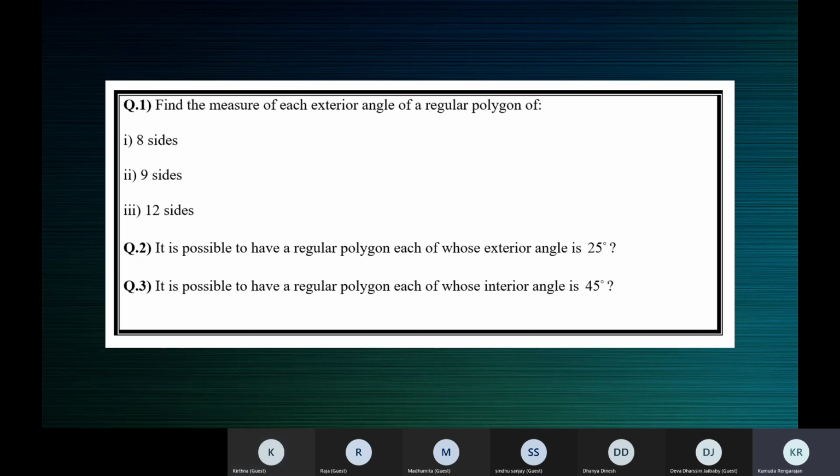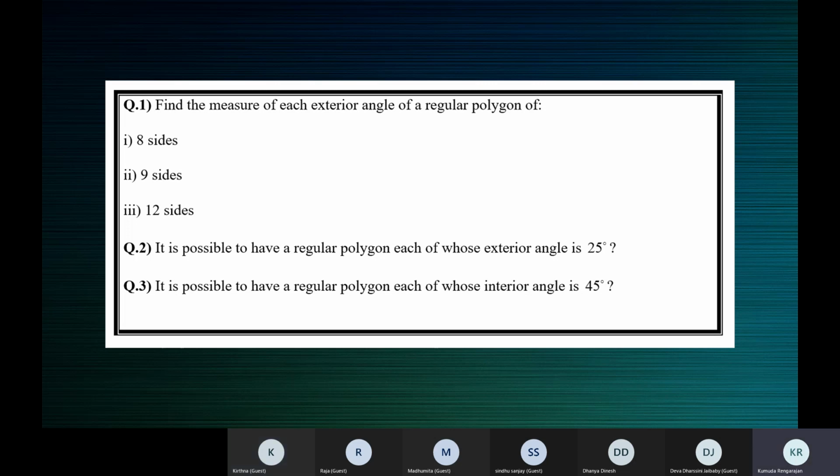Okay, so 150 degrees is the measure of each interior angle. There are 12 interior angles. Each one measures 150 degrees. Then tell me now how each interior angle and each exterior angle are related. What is their sum? 180 degrees. Now each interior angle is 150, you said. Then what will be the measure of each exterior angle? 180 minus 150. So what is that? 30 degrees. Perfect.